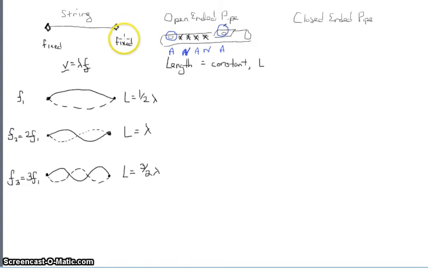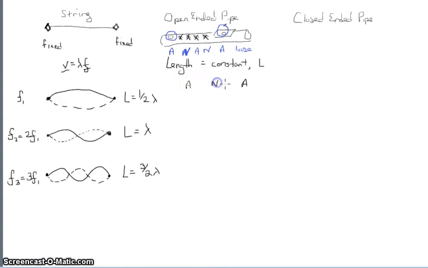Now, to parallel this to the string simulation, this acts as a loose end. So instead of inverting itself and reflecting over, the standing wave is going to reflect itself back on the same side. The standing wave pattern that exists is going to look as follows. On each open end, you have to have resonance, so the medium has to be vibrating. Therefore, the air here has to be vibrating a lot, and the air here has to be vibrating a lot. So the simplest pattern that can exist is an antinode,